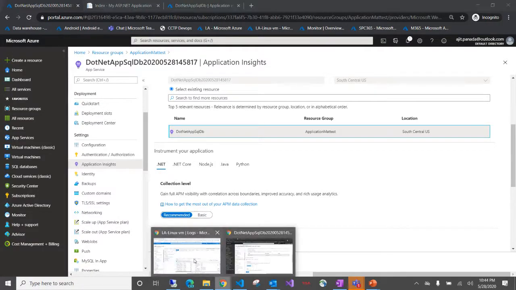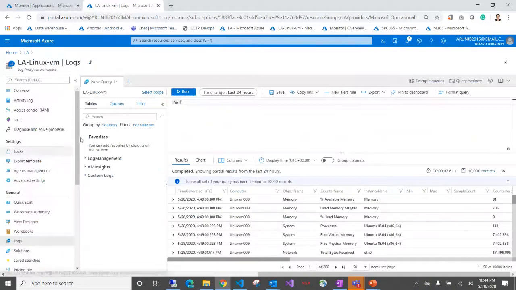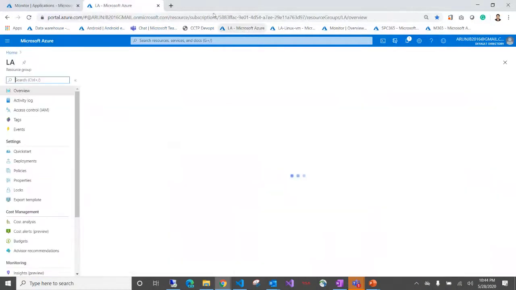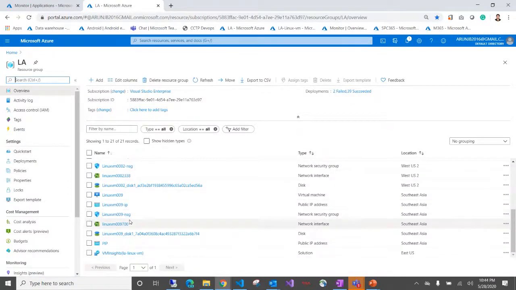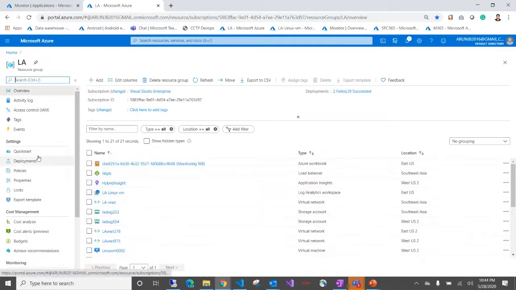Another approach of using this codeless monitoring is for an Azure VM, as we said before. So I'm going to one of my existing Azure VMs.